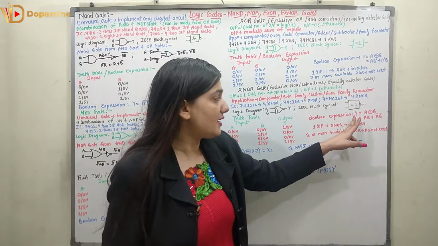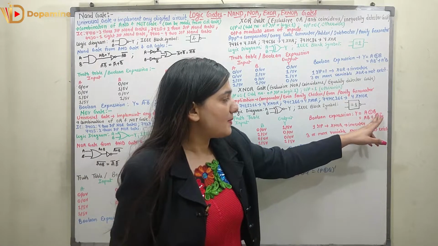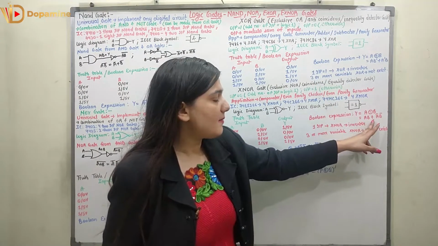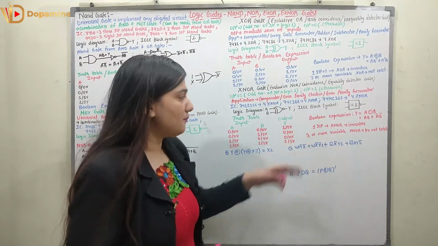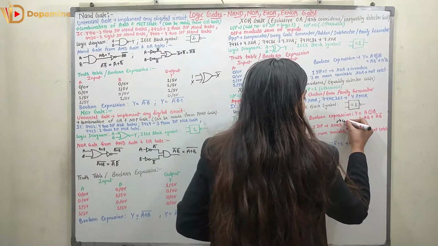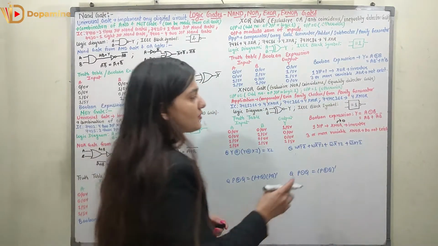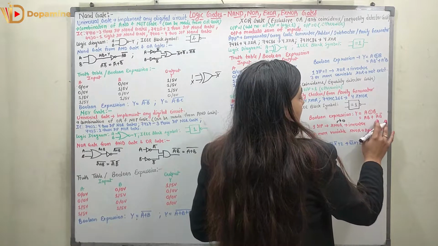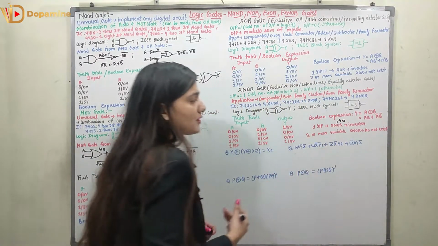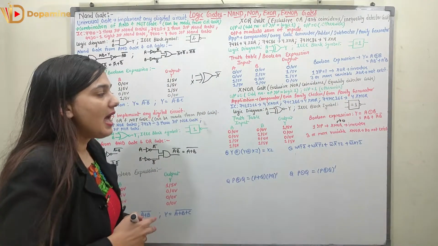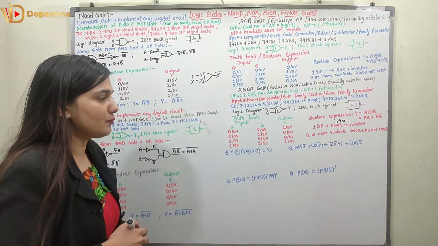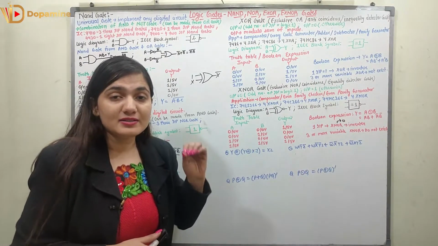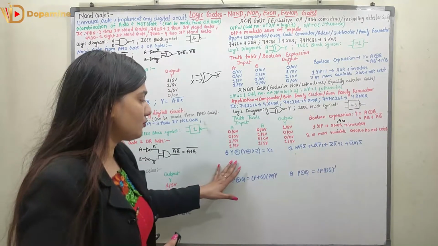The Boolean expression looks like Y is equal to A XNOR B. So here we have a circle and a dot in between, right. It can be represented as AB plus A bar B bar. If one of the inputs of the XNOR gate is connected to 0, at that time it will act like an inverter. So put 0 over here. Let's suppose A is 0, so here we will get 0 into B plus 0 bar, which is 1, into B bar, the output is B bar, right. So the output we are getting is the inverted output of the second input. So if we have a 3 or more variable XNOR gate, I can directly say it is not applicable, it does not exist practically. Right, so now coming to some questions.